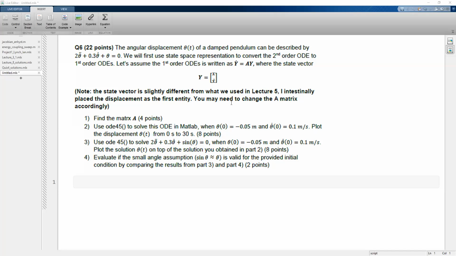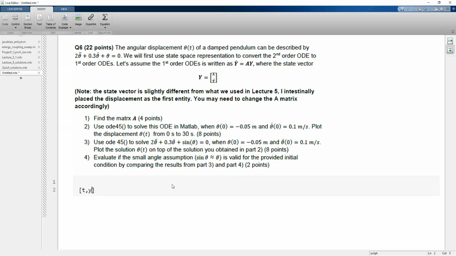The ODEs, there are 2 challenges. The first one is I flipped the order of these state variables. So in my lecture notes, your velocity is in front but then here I flip it. The second thing is there is a nonlinear equation in part 3. So what you do is in your ODE 45,